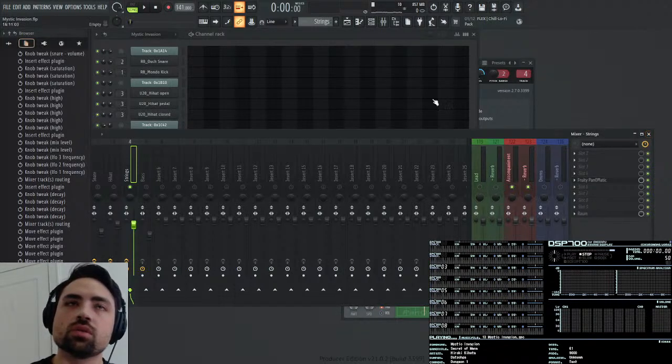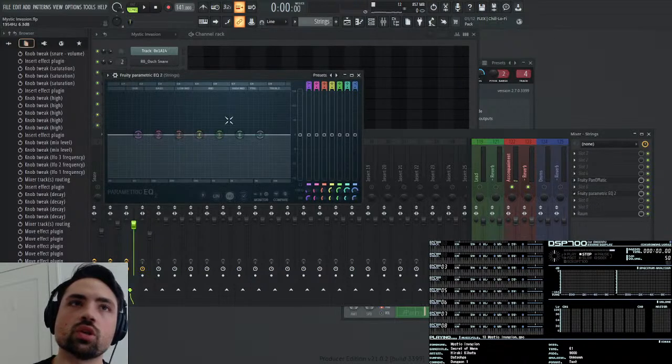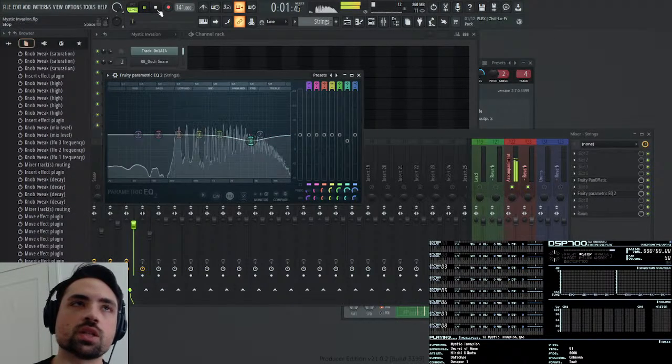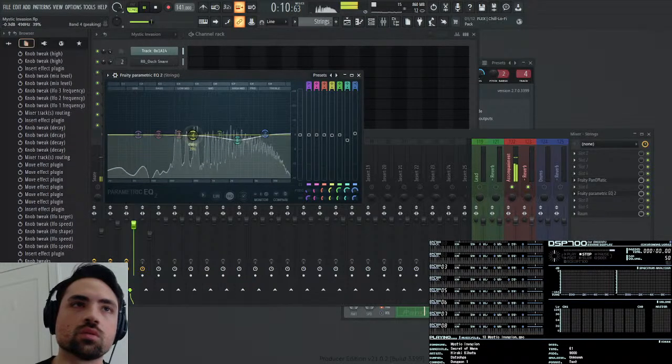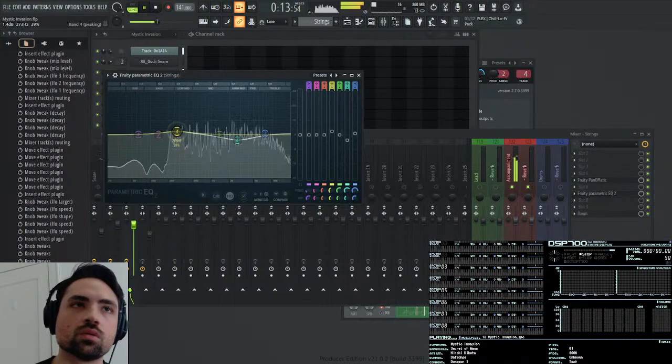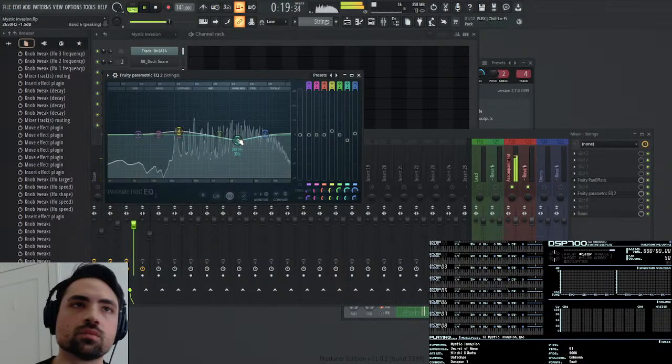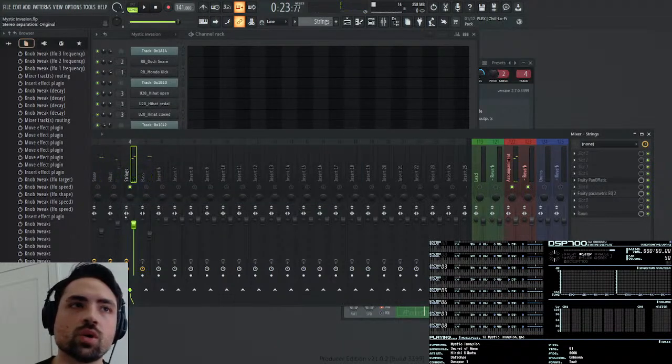Now, let's see. What else do we need to do? These strings. I want to EQ these strings a bit because they're a bit strong on the presence. The idea is to make them sound more lush and relaxing. They're a bit strong around here in the high mids. And so I want to separate them a little bit.